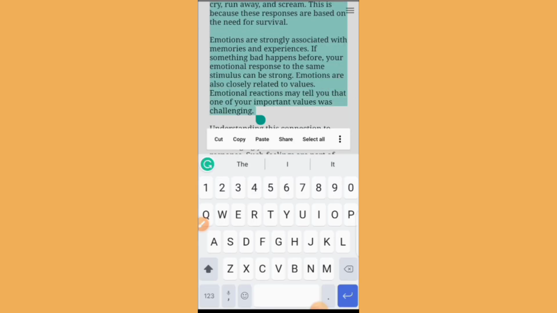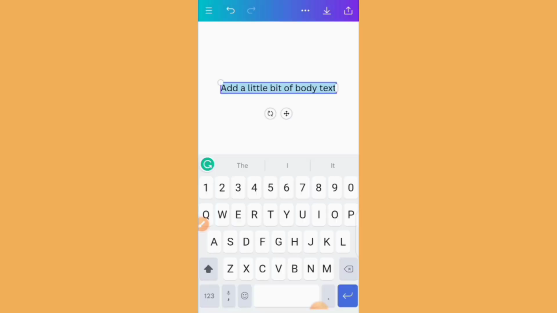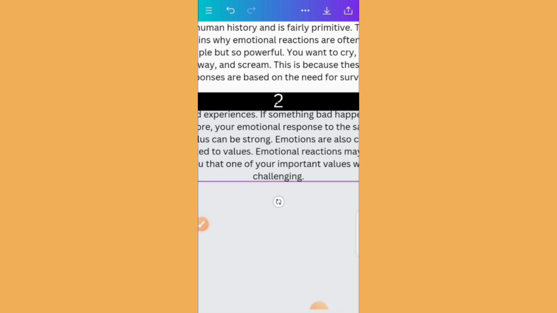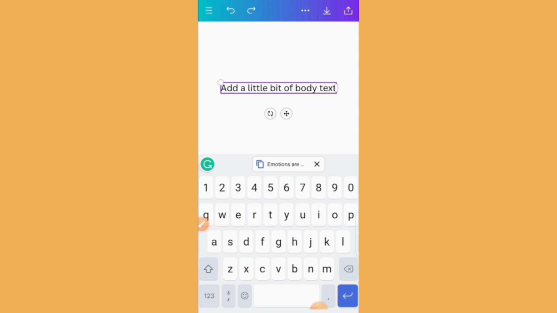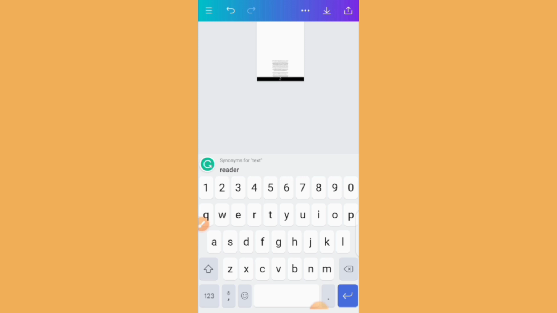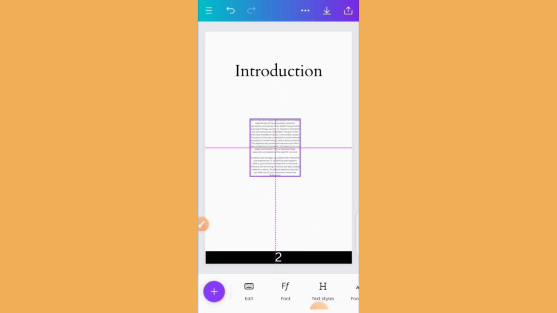Let me copy only this, copy, then bring it here, come over here to add text, then paste. So this is my work here. What I will do is to minimize it a little. Okay, so this is it here. So bring it here,